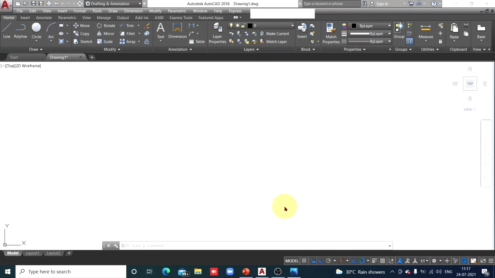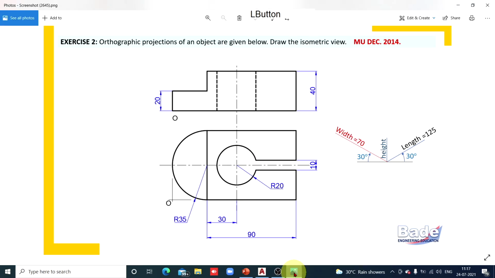Now let's complete the drawing part by part. Check the drawing. Clearly you can see that there is a semicircular plate of height 20 millimeter, or thickness 20 millimeter. This is that semicircular plate, and here the semicircular plate is one body and a simple block of height 40 millimeter, length 90 millimeters.